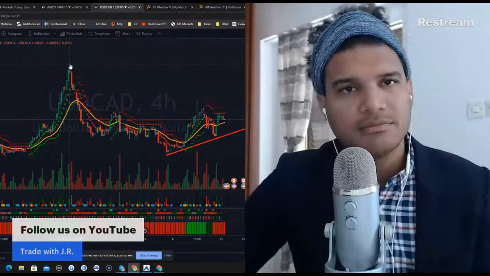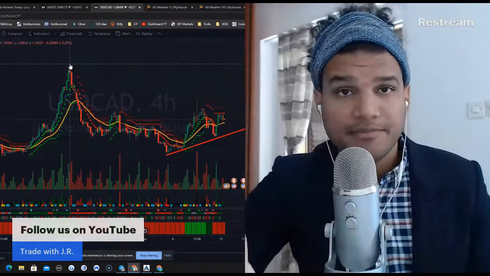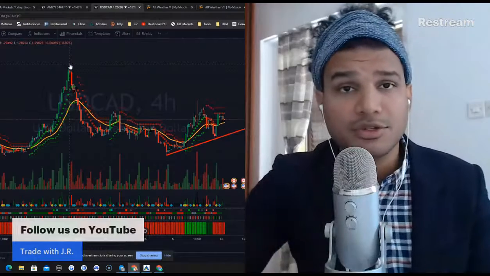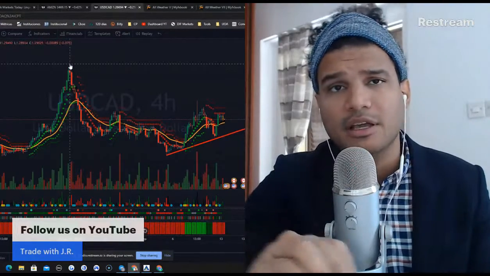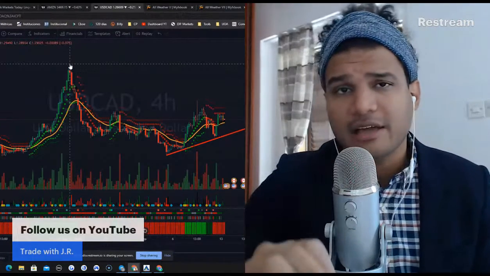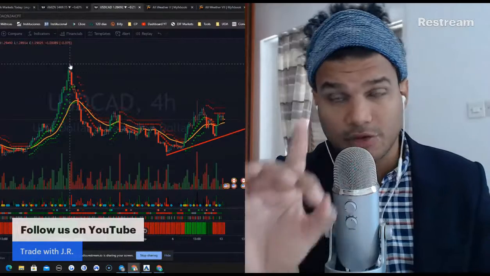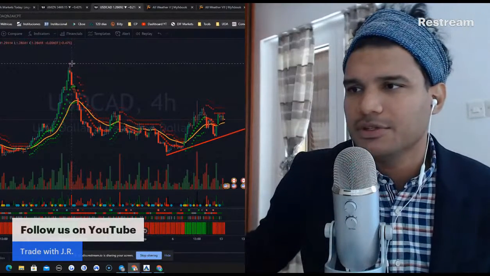And now it's just taking a breath. So obviously, the dollar strength, traders or investors looking to buy more dollars may slow down a little bit. It doesn't have to be a huge reversal right away, but it does in fact show a slowdown. Okay, now, what's happening after this reversal?